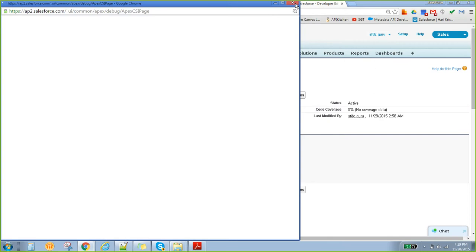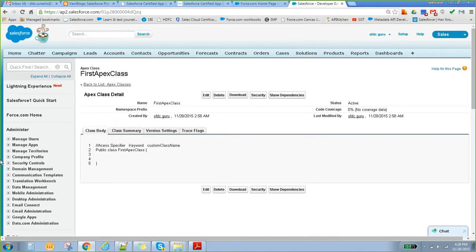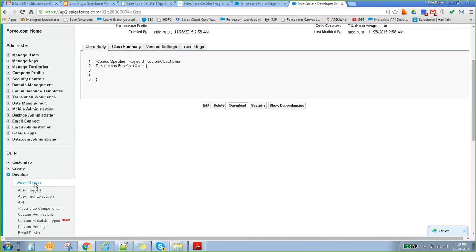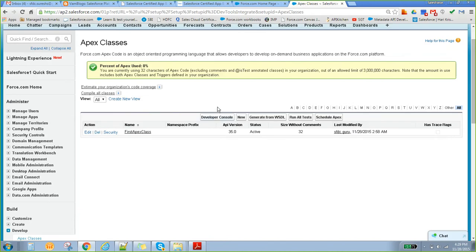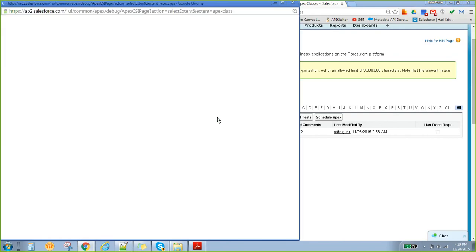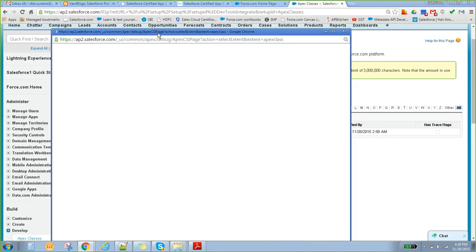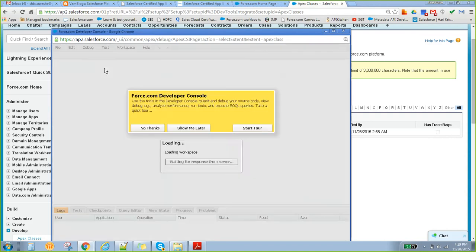Or if you go to Apex classes, the same link is available there also. Once you click on that, it opens another tiny application. This is not a page, it is another application. Here also we can write an Apex class.